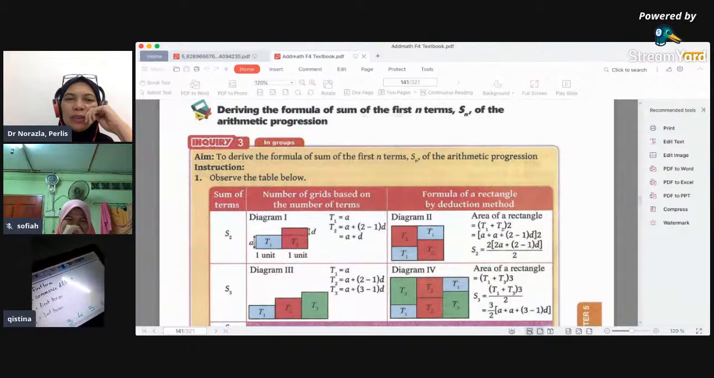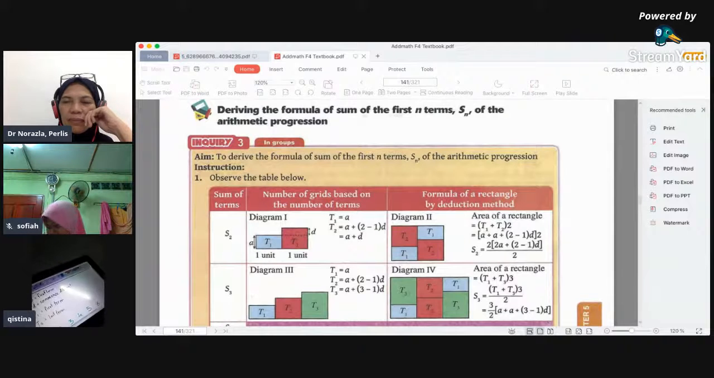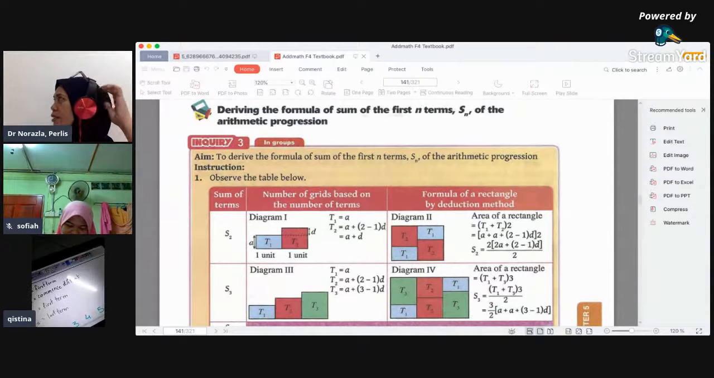About deriving the formula of sum of the first n terms as Sn of the arithmetic progression. Then, sum of the progression, which means we are going to find